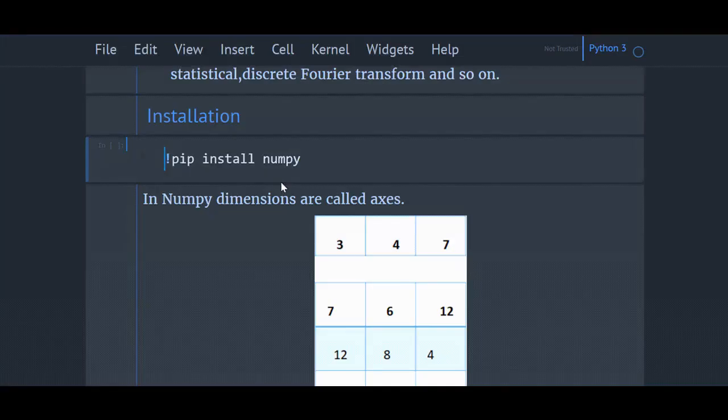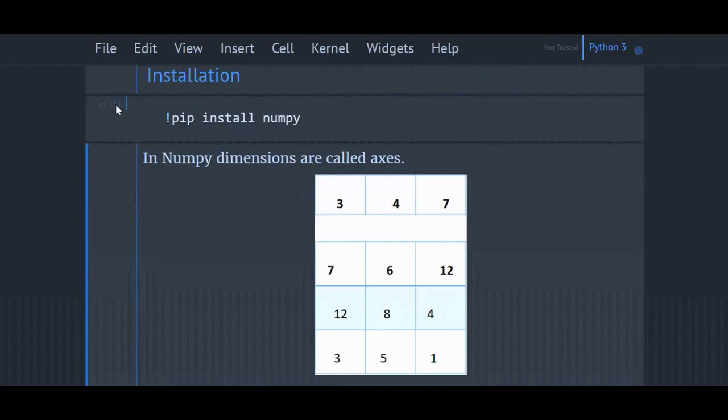Before starting to use NumPy, we need to first install the NumPy package in our system. This is how you can install the package. pip install numpy. To install any package in Python, you can use pip install, then give the package name. So since we have the NumPy package here, I am using pip install numpy. Now if you want to execute in the shell, you have to give it like this. So let's try to install this package. See here there is a star. This means this command is getting executed right now.